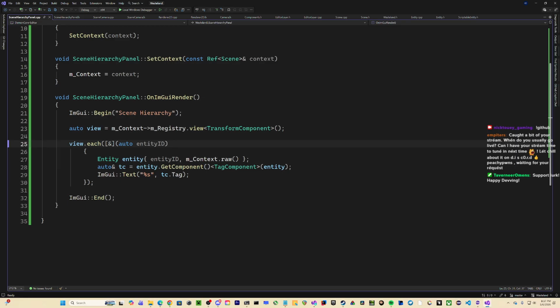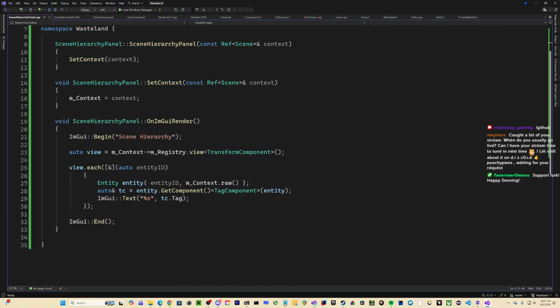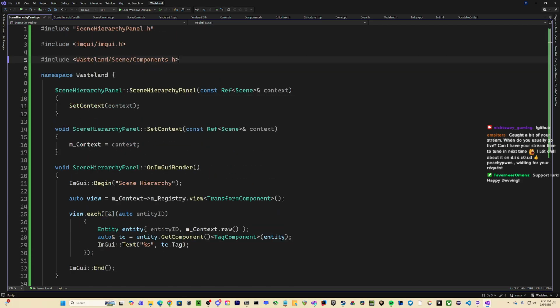Question is how will I implement raw.h or not raw.h? Fuck me, I can't think. Raw scene. Not sure.